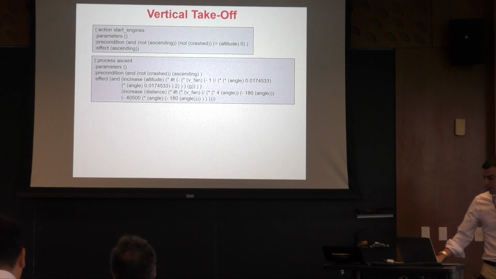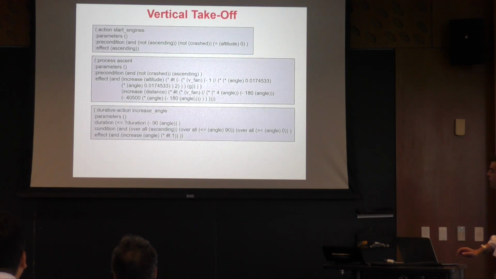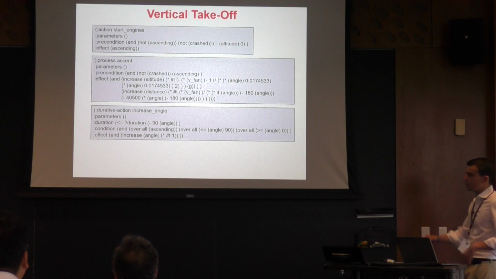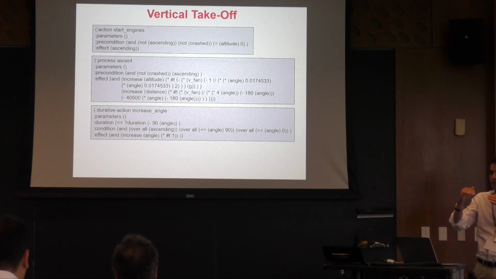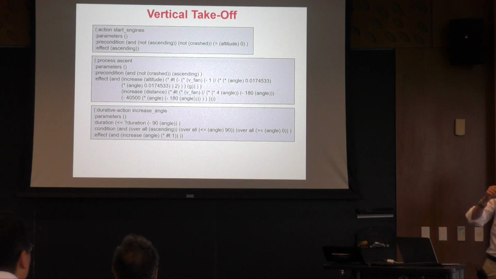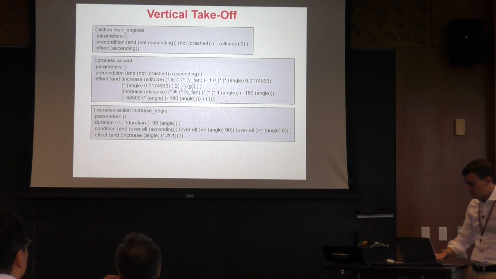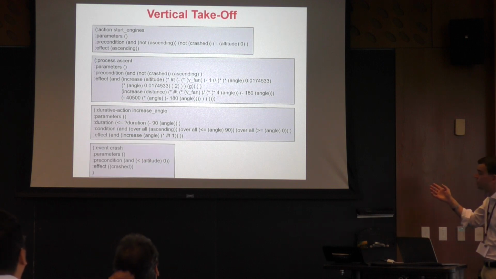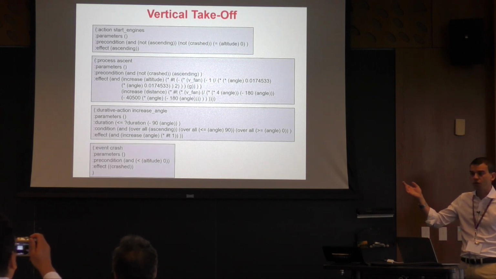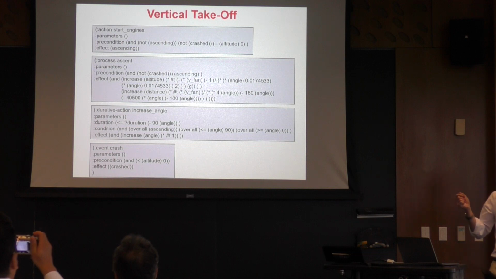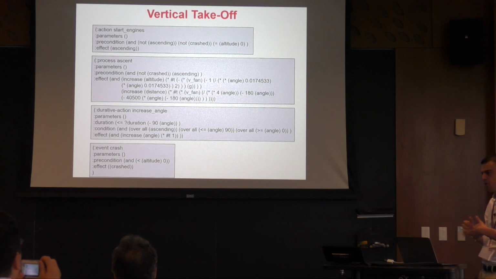And the way you can interact with this process is that you can have this action, increasing angle, that determines how the aircraft moves. So you have the process in the middle, always active, and the action you use for changing how this process evolves. And of course you have an event, crash, that you want the planner to avoid, otherwise the mission fails. So events are also used to prevent the planner from having a bad behavior.